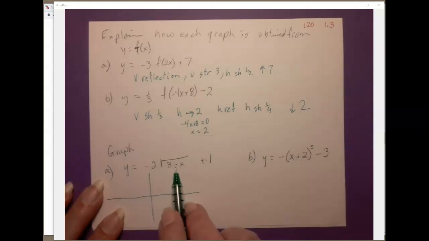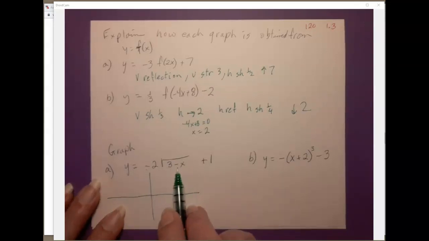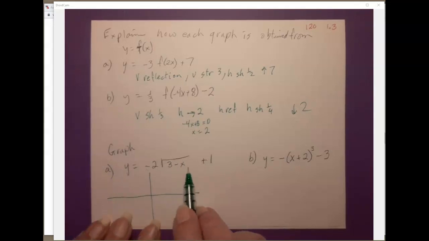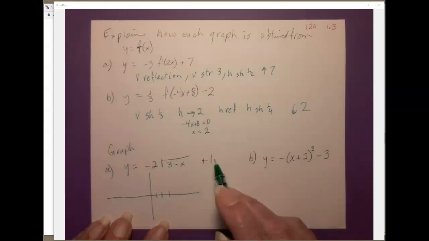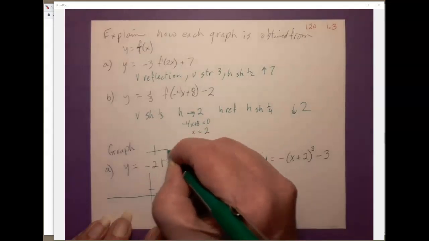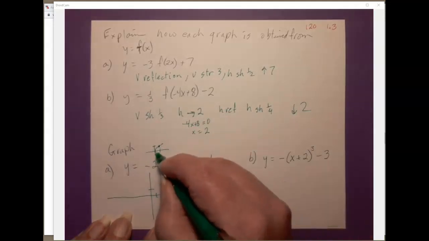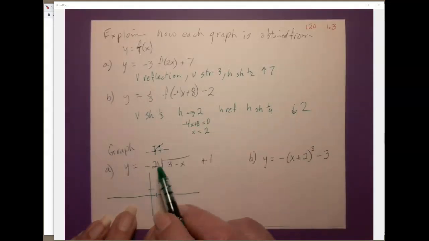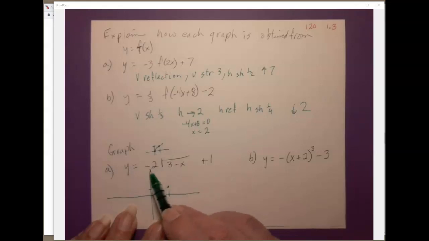It's going to have a reflection on the y, a reflection on the x. So basically, if I put in what makes this 0, I'll be at positive 3. 1, 2, 3. And then it's going to go up 1, up 1. So what makes this 0, and whatever is there, is going to take the original graph, which, if you remember, I showed you these in class the other day. It looks like this. There's a 1, 1 there, and a 0, 1. So I'm taking that original graph, and I'm doing stretches and shrinks or whatever I've got in here to that original graph. Now this tells me that I'm going to go down 2,